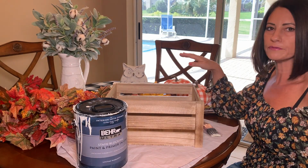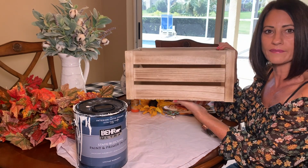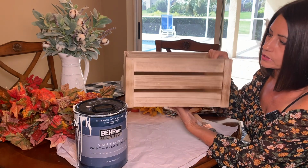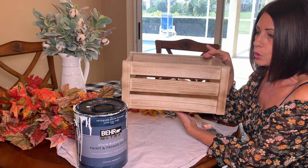Well, as you can see, I have some fall decor on the table that I'm going to use to decorate. Now I'm going to do a DIY project using this crate. I'm super excited. I haven't done a DIY project in forever, and I always think they're super fun. So I'm going to take this wood crate that I got over at Hobby Lobby for around $10, and I'm going to paint it. Now you could use any color that you wanted to match your decor, but I decided